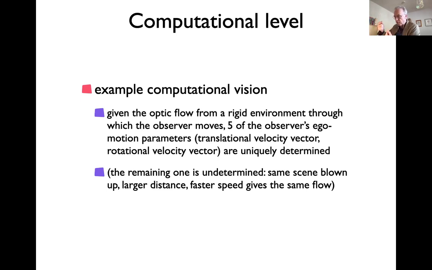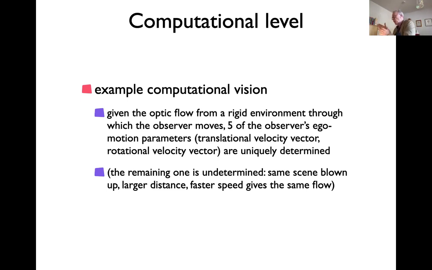Optic flow is just the velocity vectors on the retinal surface, or in the camera plane, of points that correspond to points in the world. It's a question of how you compute the optic flow. The flow field will be the abstract thing for that, and then you have to maybe estimate it from the image. That's a different problem. But if you have that flow, could you then determine your ego motion?